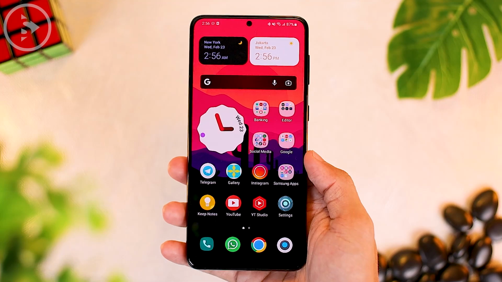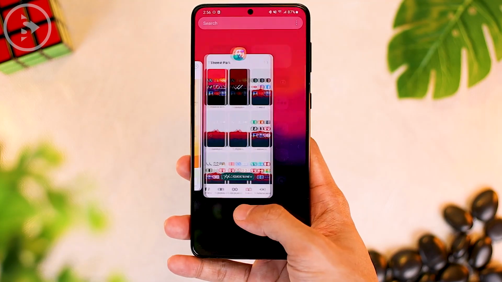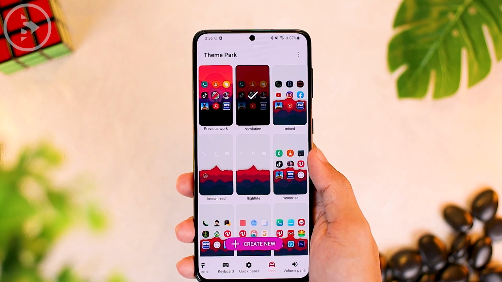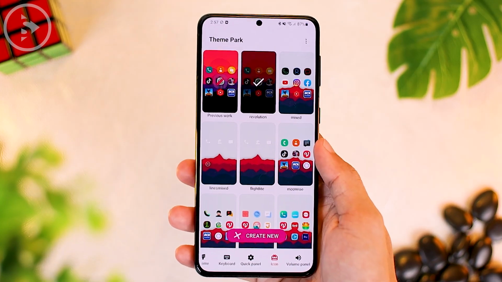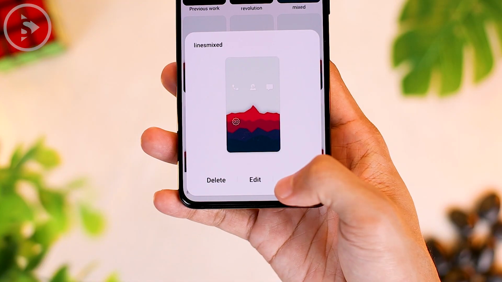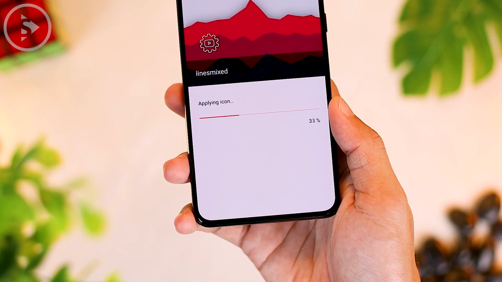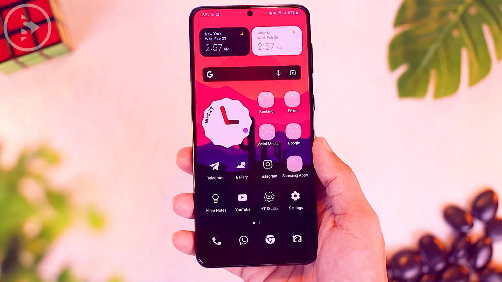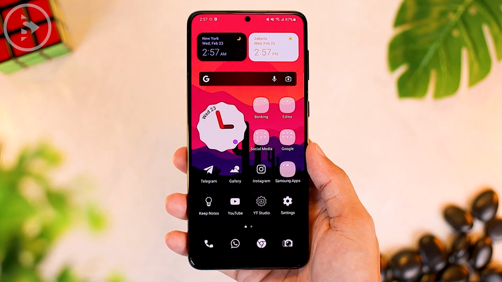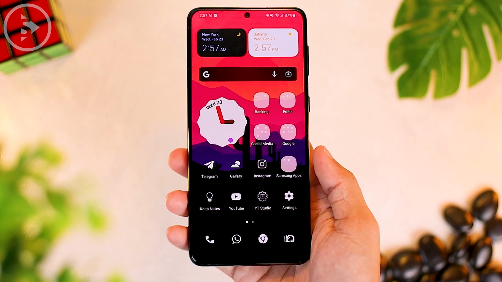And now the colors from the color palette on your smartphone will immediately adjust to the color of the wallpaper you are using. And later, after creating several icon themes, you can immediately change the look of the icon directly in the theme park application. All you have to do is select the icon theme that you have created before, and then click apply button in the lower right corner. And then the appearance of the application icons on your Samsung smartphone will be immediately changed according to the icon theme that you've just applied.